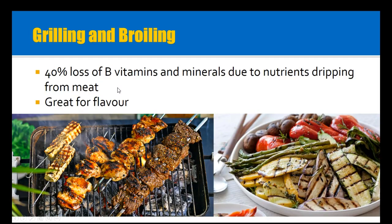So grilling and broiling include a heat source that either comes from below, which is grilling, or from above, which is broiling. You can get a loss of 40% of B vitamins as well as minerals due to nutrients dripping from the meat or the vegetables. So anything that drips down into the barbecue is lost, and the same can be said for anything on a grill. So what you might want to do if you are grilling is put any drippings back onto the actual food before you serve it to try and retain as much of that nutrient